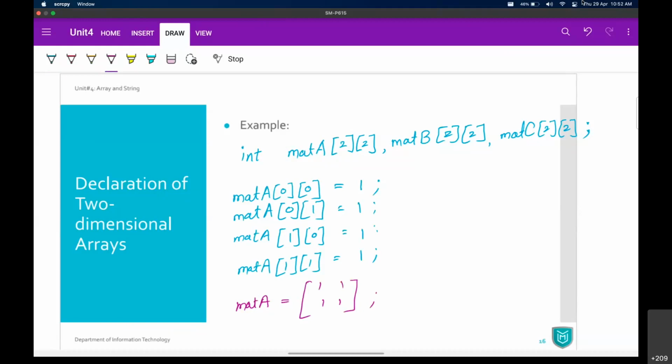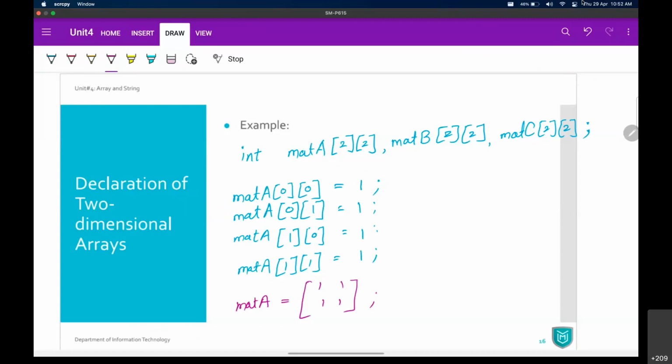Similarly, if you assign 1 to the second matrix B, you can go for mat B 0, 0, mat B 0, 1, mat B 1, 0, mat B 1, 1, and that's how you can assign values. Now this is runtime initialization. When we execute this code, when these statements are executed, at that time 1 will be assigned.